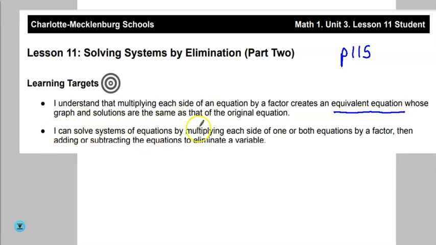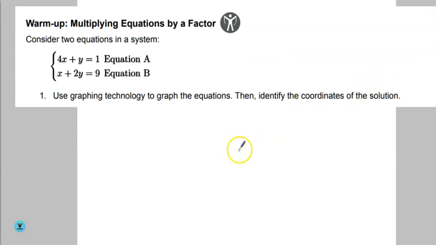And then I can solve equations by multiplying each side of one or both by a factor, then adding and subtracting to eliminate a variable. So today we're doing solving systems by elimination again. This is part 2, because now we're going to have to multiply those equations like we did at the end of the last lesson. So if you will look there on page 115 at the warm-up,